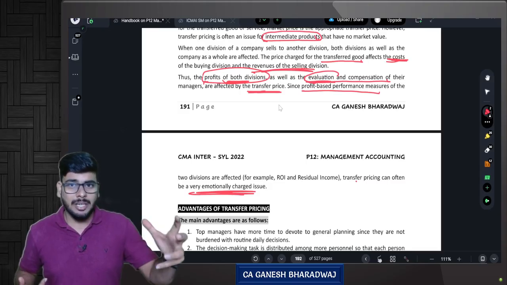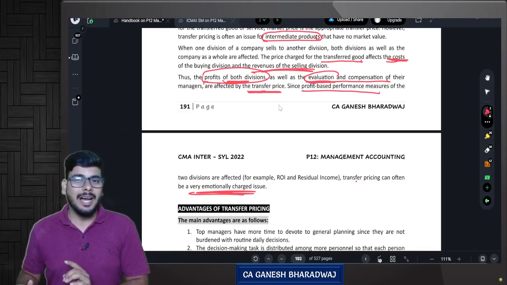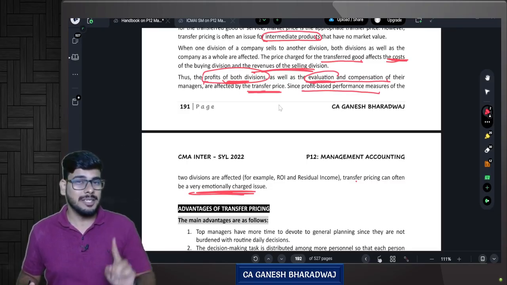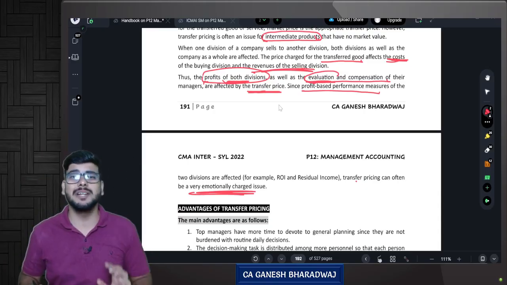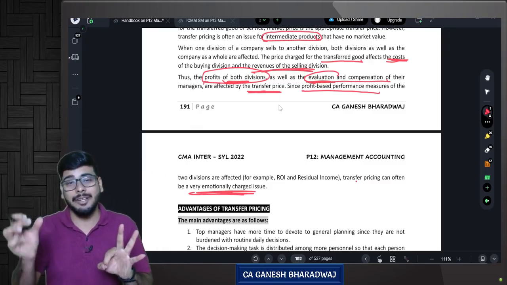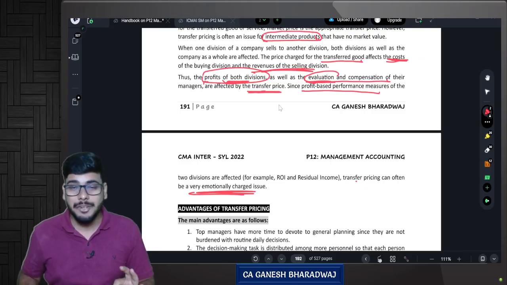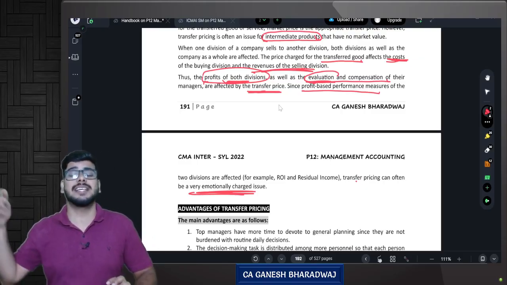Correct? A wrong transfer price will say that overall the company has made 20 rupees of profit. Now, earlier without transfer price, what I said, the entire 20 rupees was generated by division B only. Division A made 0. But after I fixed a transfer price of 8 rupees, we saw that division A generated a profit of 3 rupees and 17 rupees of profit was generated by division B. Correct? When the transfer price was fixed at 8. Suppose you fix the transfer price as 10.